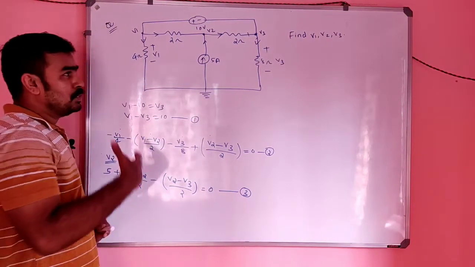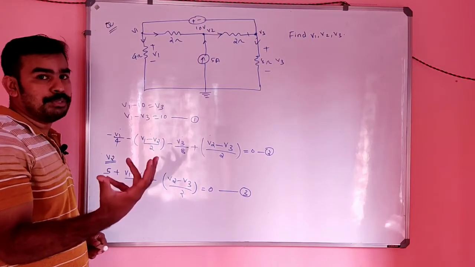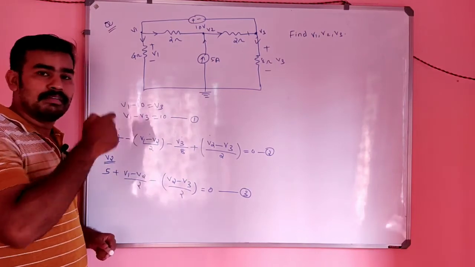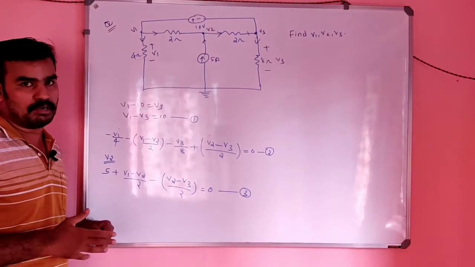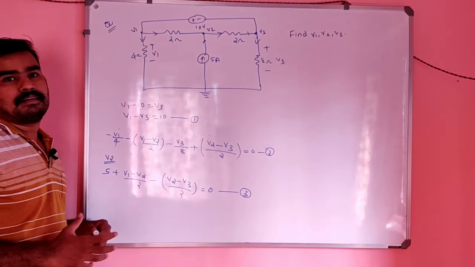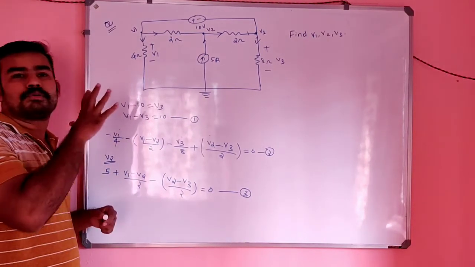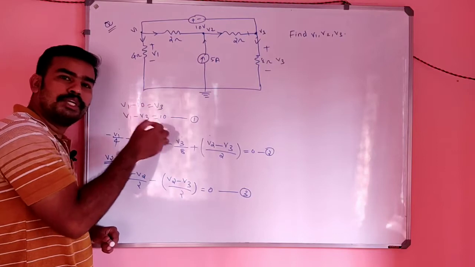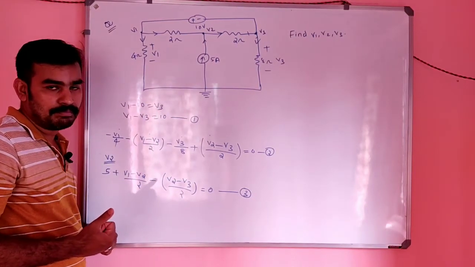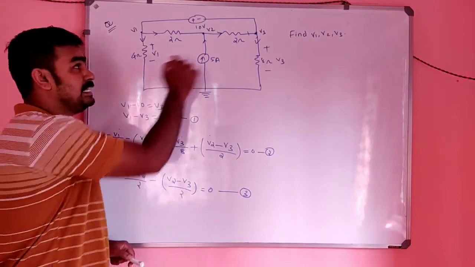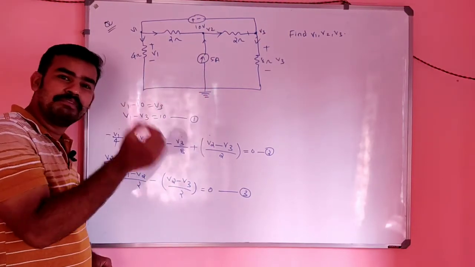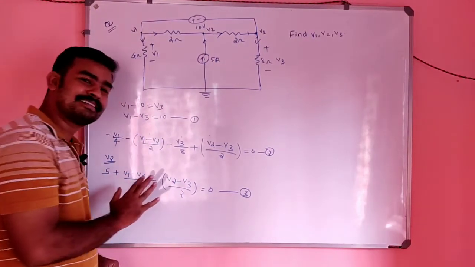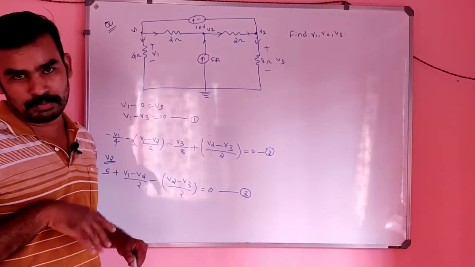It takes time. So from a competitive examination point of view, in GATE, this type of question may be asked because you can use your calculator also in the GATE examination. But in most examinations, this type of question will not be asked because it consumes a lot of time. Manually, if you solve for V1, V2, V3, it will take a long time. The previous one, with simple V1 and V2, has a possibility of being asked.